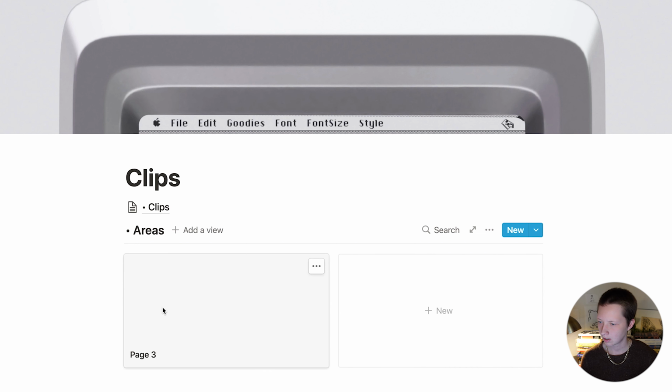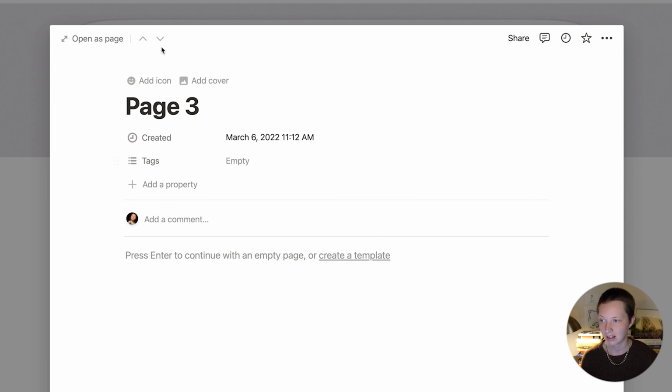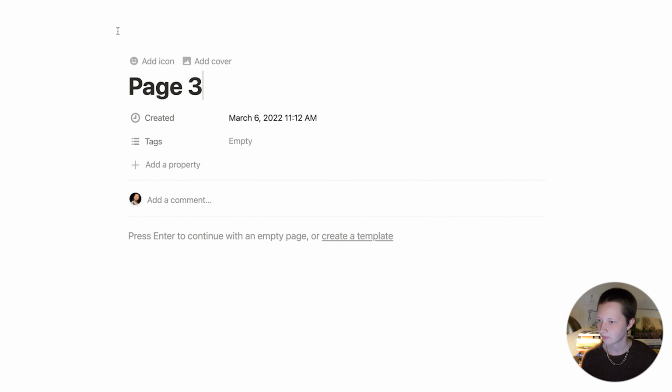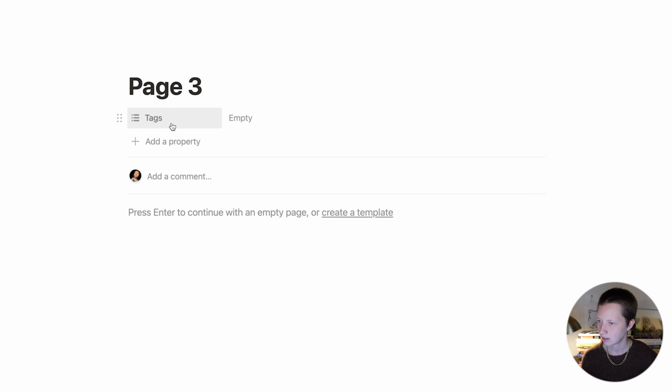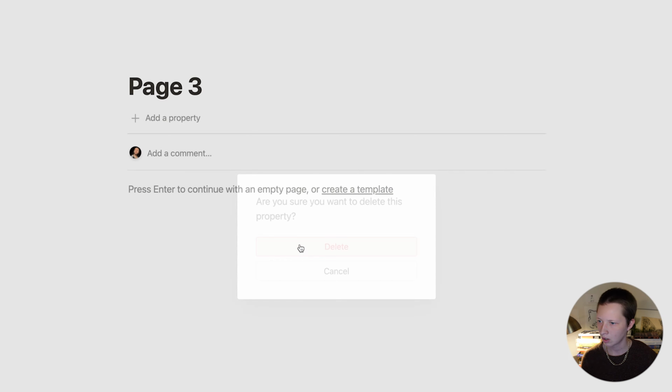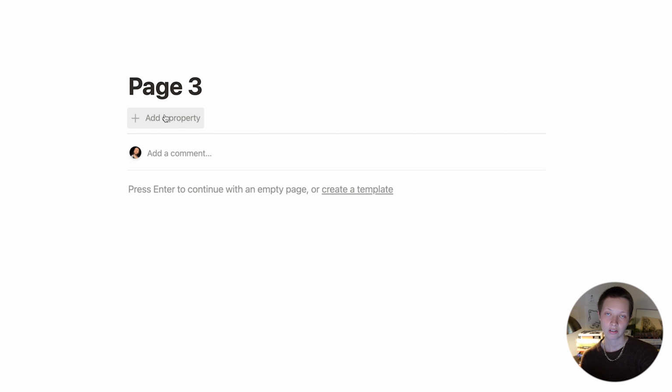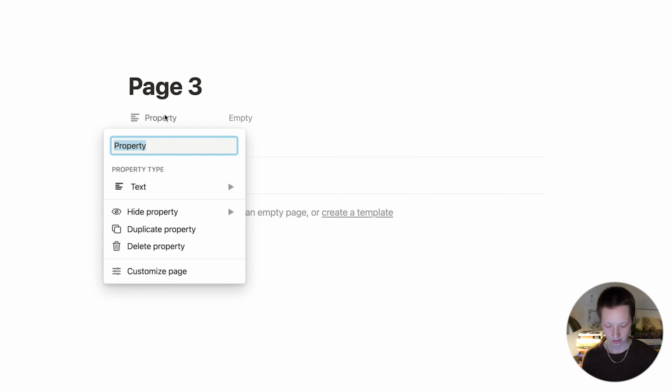So for this one, let's add some properties inside the actual page. We can keep created if you want. I'm going to delete it. Delete tags as well. All I want to do here is add a property that connects to the database we just made, the clippings database. So web clippings,